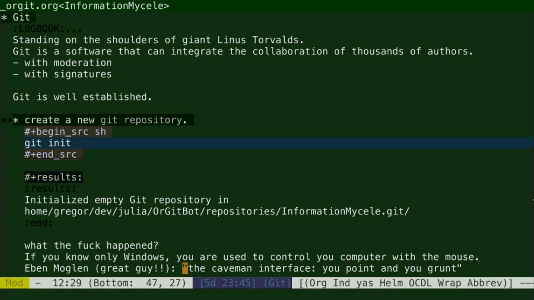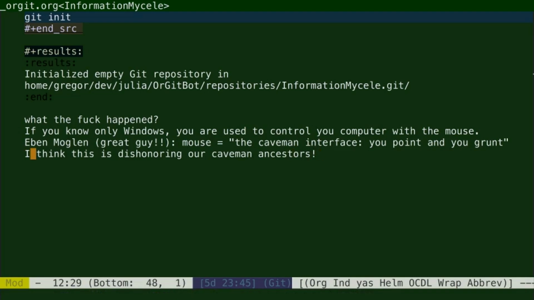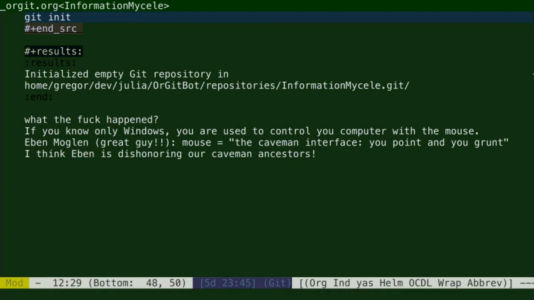Eben Moglen, a great guy, drafted the GNU public license and did some consulting work, and wrote about the mouse, that this is the invention of the caveman interface. You point and you grunt. He did that in a review of the first prototype of the mouse.